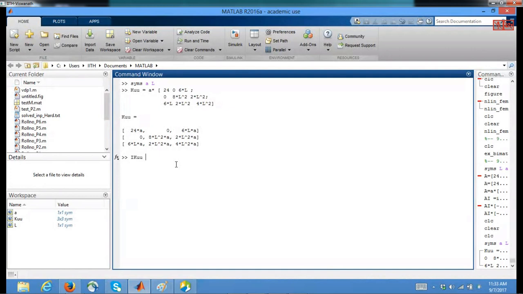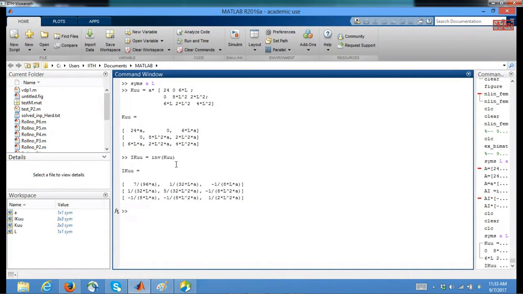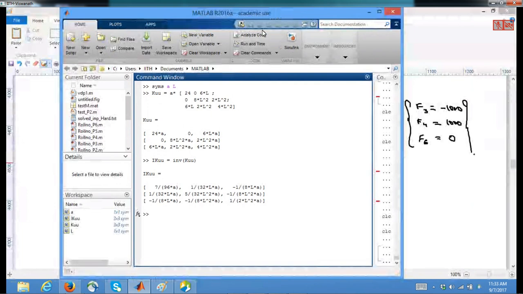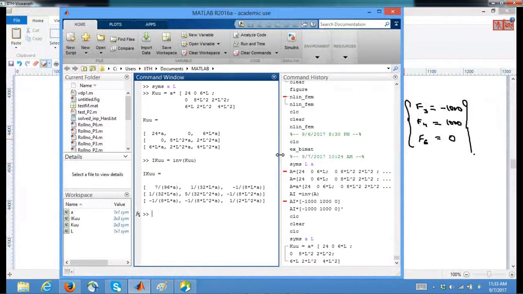KUU, which I store as IKUU, equal to the inverse of KUU. So if I type that, this is my K inverse, which is something looking in this manner, which I will use and put it back here. So